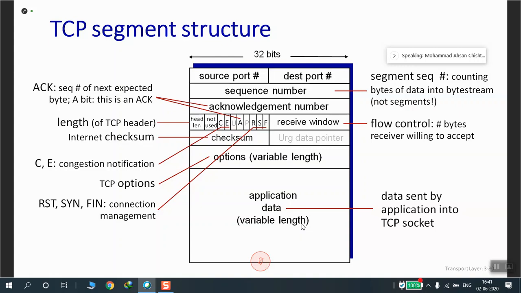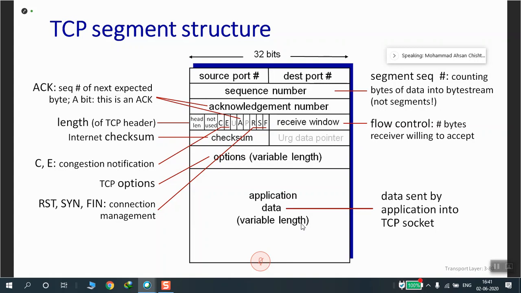It's a flag indicating whether it's on or off. If A is on, as 1, we expect that this segment being sent across is actually an acknowledgement for a packet. If the value carried inside the acknowledgement field is valid, it indicates that it's an acknowledgement.